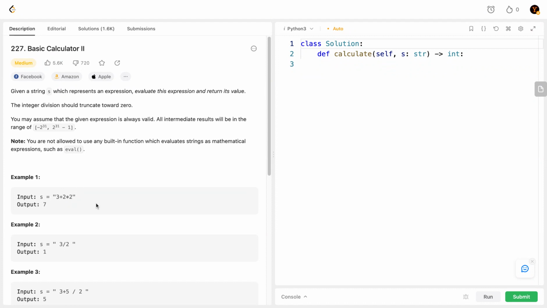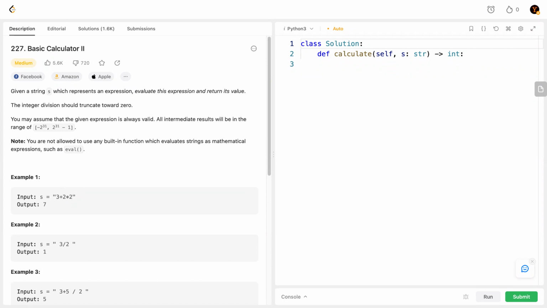So we always store the numbers in the stack, and when we are trying to evaluate the current number, we pop from the stack and apply the operator on the previous number